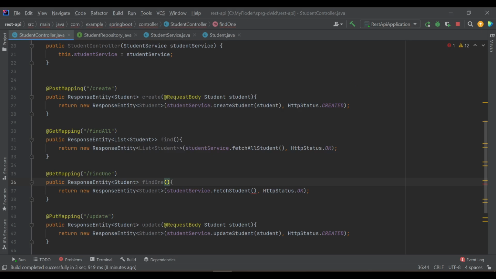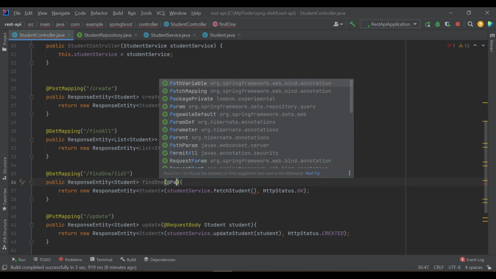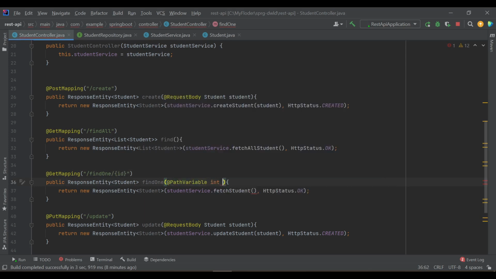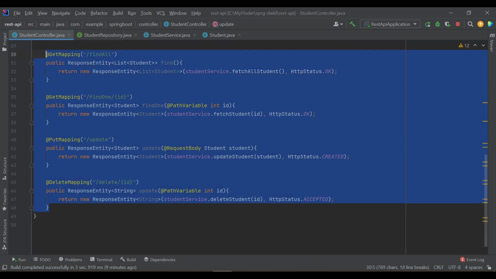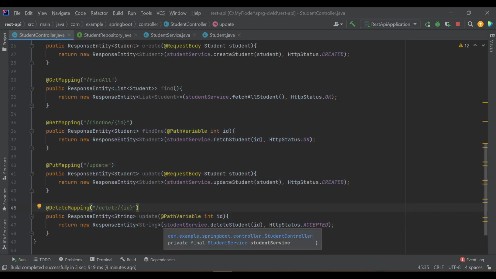So we need a path variable and ID. That ID we will use here. Later we will modify its response body a little bit furthermore. So now let's test this application.